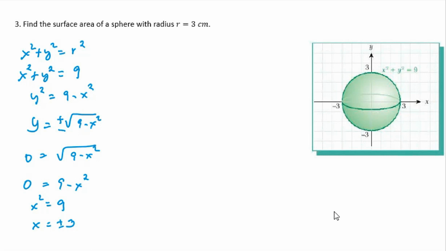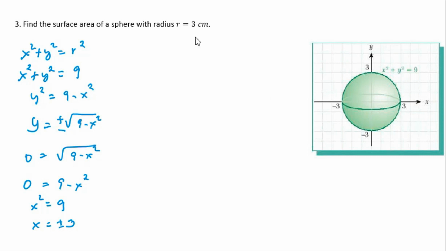So we need to multiply the result by 2 to obtain the whole surface area, since I'm only taking from 0 to 3. If you're going to take the whole, then the whole surface area, that is why we need to multiply it by 2. So before we solve for the surface area, what we need more is the